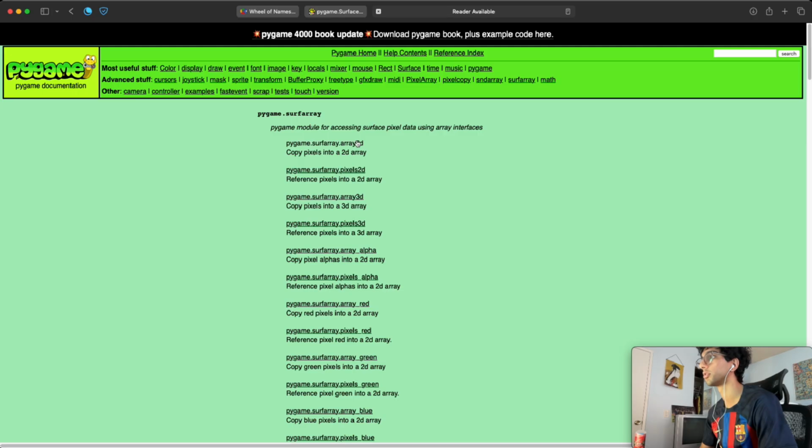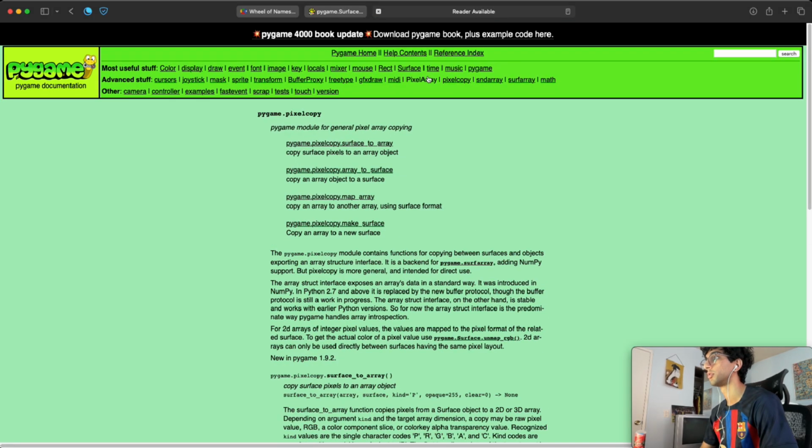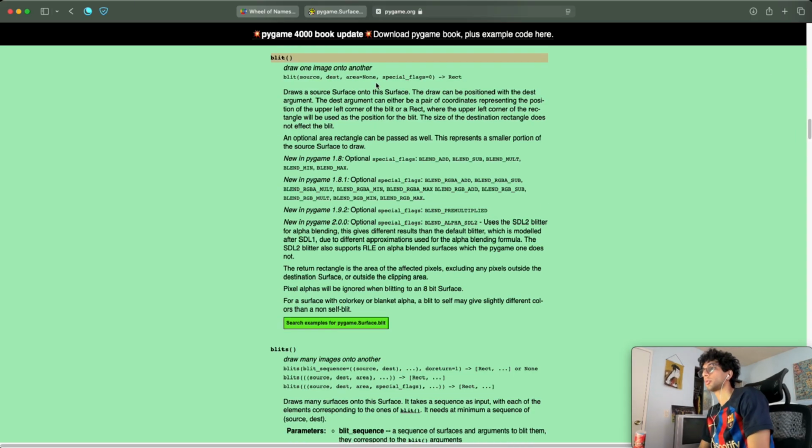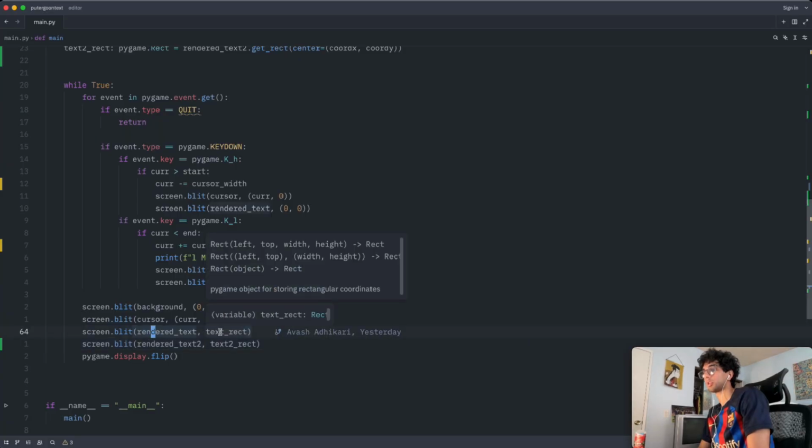Surf array. What is this? It's a Python module for accessing surface pixel data using array interfaces. So take a copy. Okay. Draw a source surface onto this surface. Source, destination. Source, destination. But when,